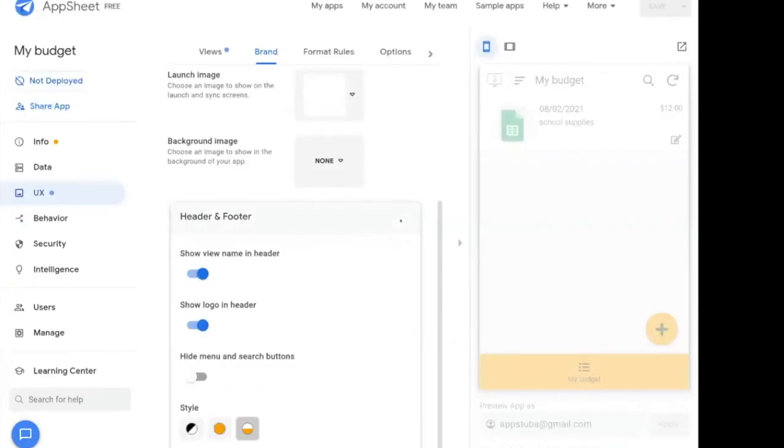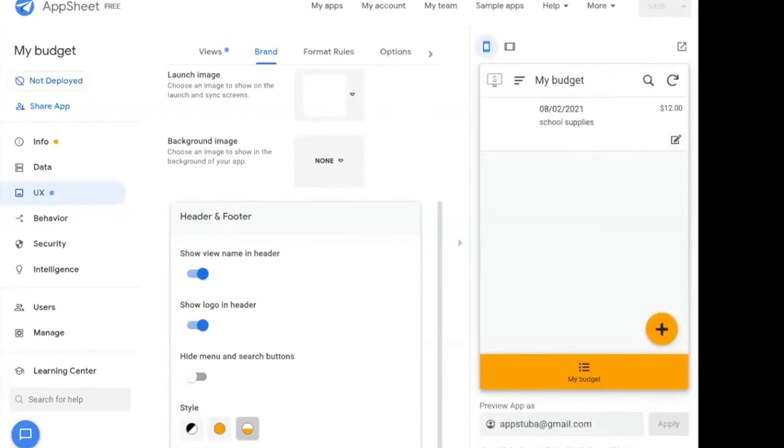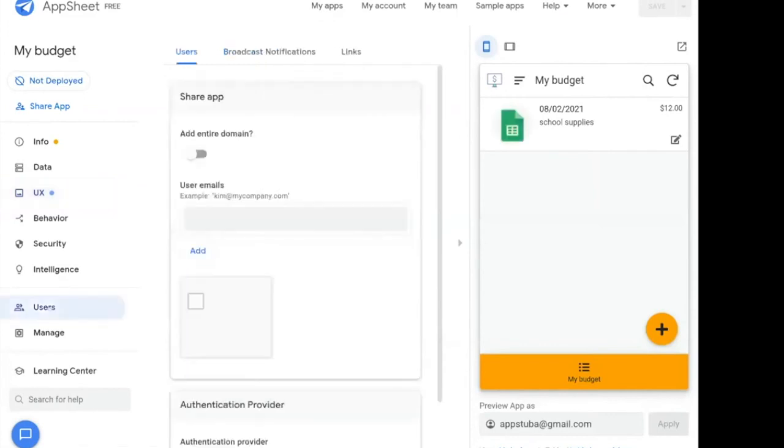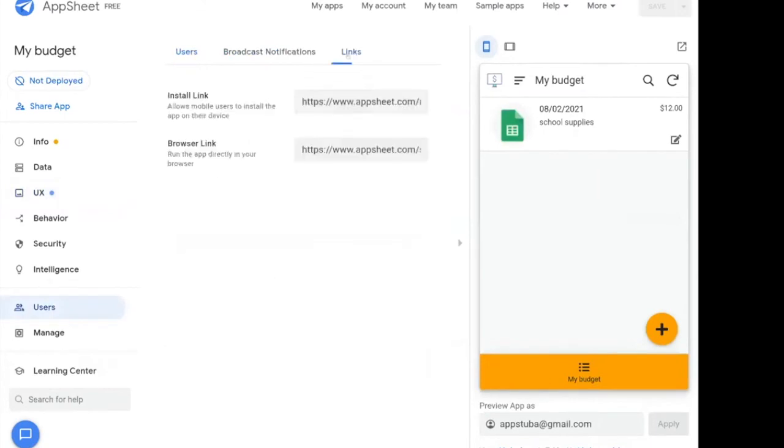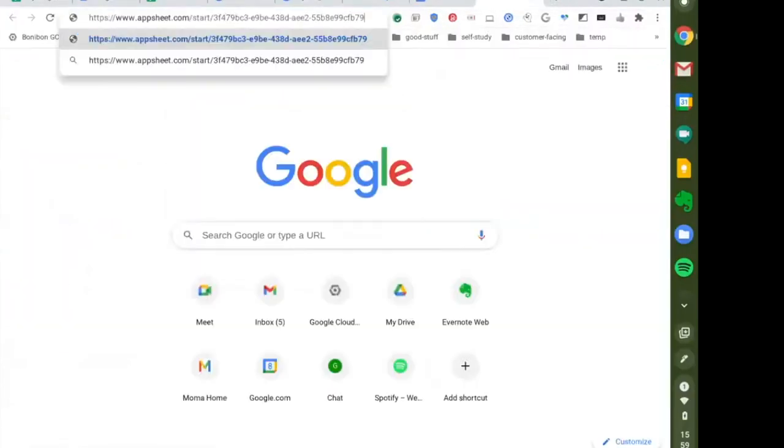Now the last part. How am I going to start using it? How am I going to share it with my friends? We will go into users and go into links. You see there is an install link here and a browser link. If I copy browser and go into my browser, enter, here we go. This is my app